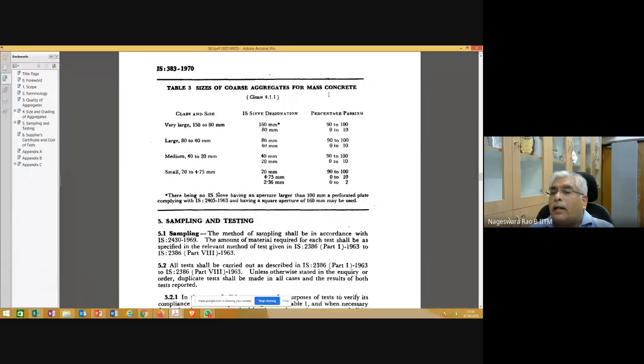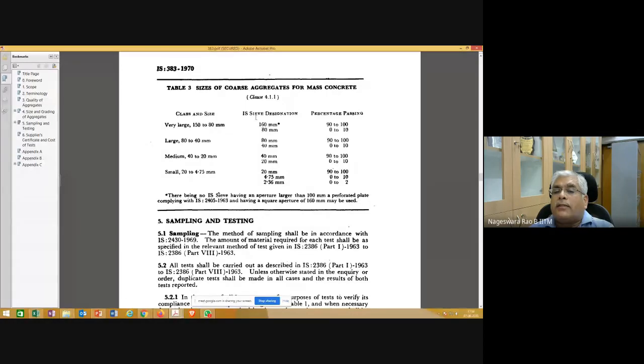What kind of different classes and size. Mass concrete means when the amount of concrete that you need to put in a particular location is more. It is what is called mass concrete. And class and size, very large. The size of the aggregate can be between 150 and 80 mm.